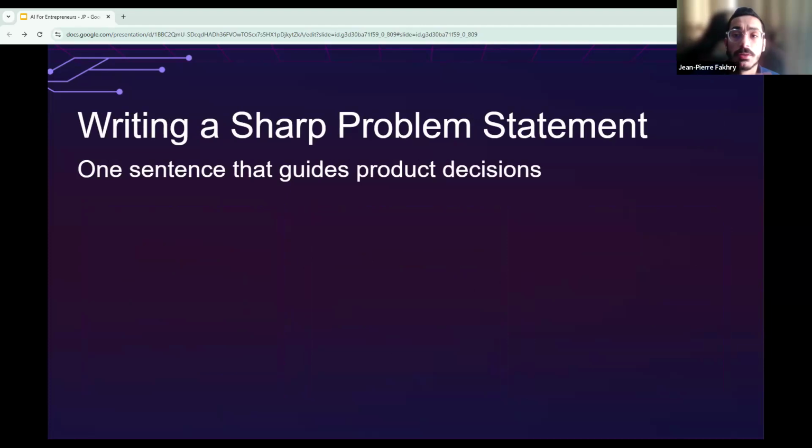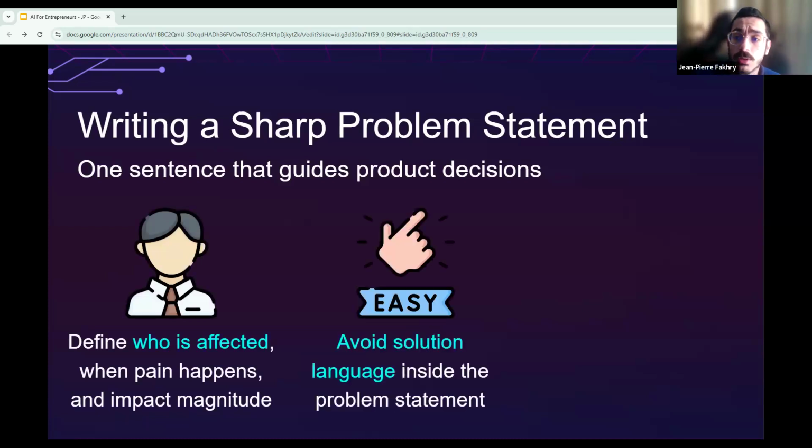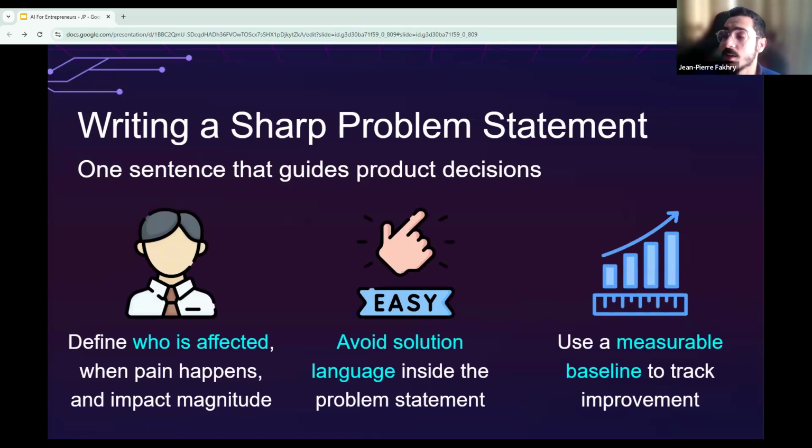Now, also, one thing that's important is writing a sharp problem statement. A strong problem statement is one of the most powerful assets that you own as a founder. It guides what you build, what you measure, what you pitch to investors, and what you promise customers. The formula, guys, is: who struggles with what specific painful thing that causes measurable negative outcomes. That is it. No solution language, no product description, just literally the pain.